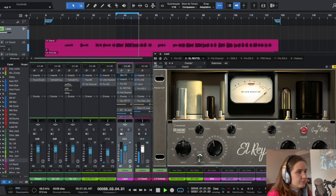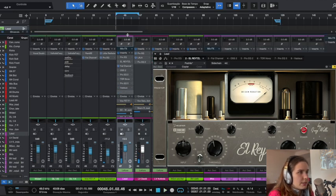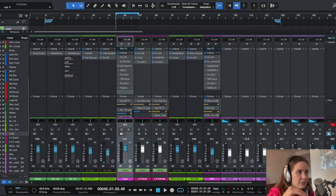are waiting. You can see that when I engage it and when I disengage it, it changes. Obviously it is level matched, so sometimes we're deceived by the jump in volume, but it's not the case here. But you feel like it's coming forward in the mix. It's sitting better in the song, and that's what this does. It just gives it harmonics and sheen and all sorts of things. And you don't have to be doing a lot. I was just barely touching the needle as well, but it's another one of those tiny steps that contributes